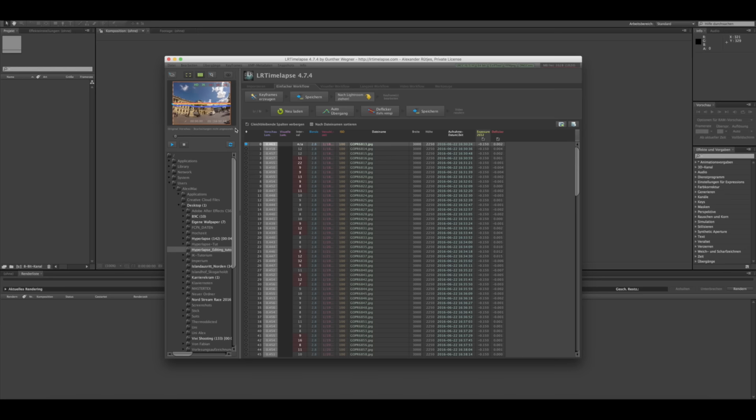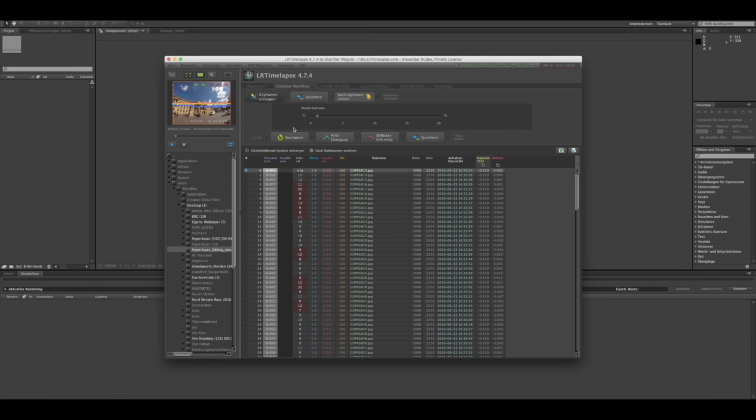First of all, I need to create keyframes. So let's say we need 2 keyframes, one at the beginning and one at the end, because as you can see here, there's not much changing during the whole sequence. The light stays mostly the same, because I think it only took me about 30 minutes to take it in bright summer light. So this looks quite the same in the beginning and in the end, but if you're filming, for example, a sunset where the light conditions change, you have to use more than 2 keyframes. Save everything,